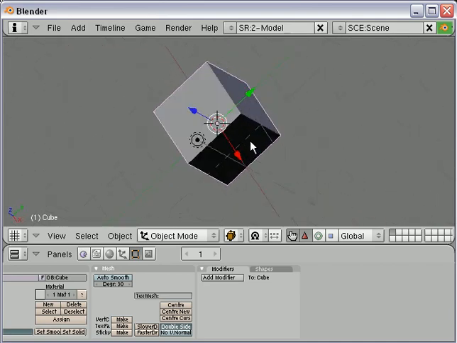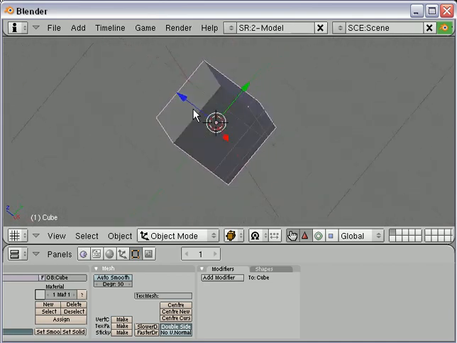Now that's how you navigate through your 3D viewpoint. To select objects,